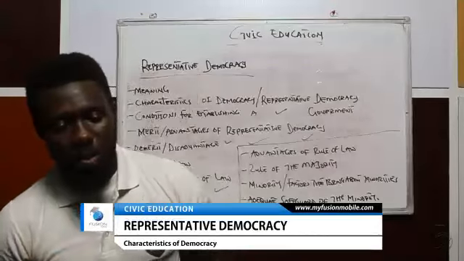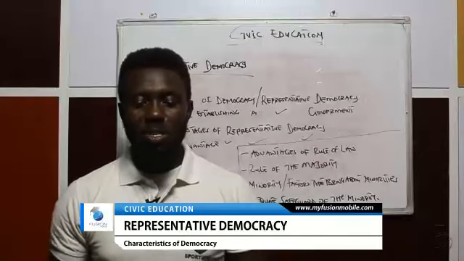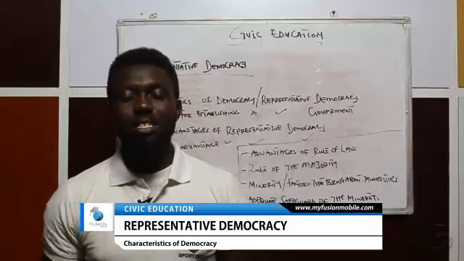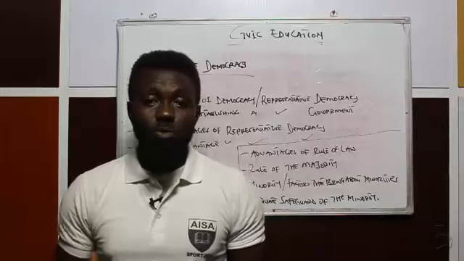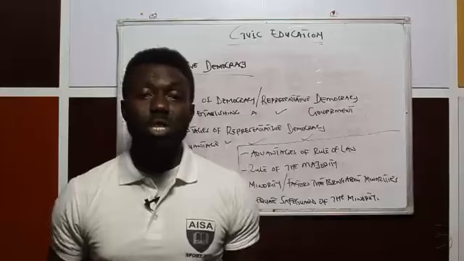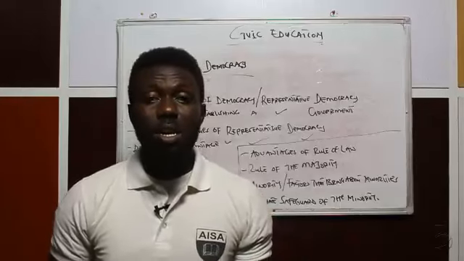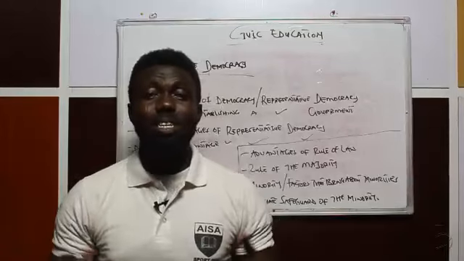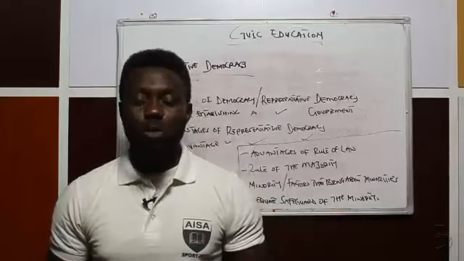They include, number one, the dilemma of the representatives. That's one major demerit of the representative government, the problem of knowing the actual interest to represent in the legislative council. These representatives sometimes have different interests, even within or from their own people. They don't even know which angle they should represent. They don't even know, okay, am I going to pick this person's interest, or am I going to pick this person's interest? How can we unify all these interests and make it one? So sometimes it's a problem for this representative. That's why I say the dilemma of representatives.